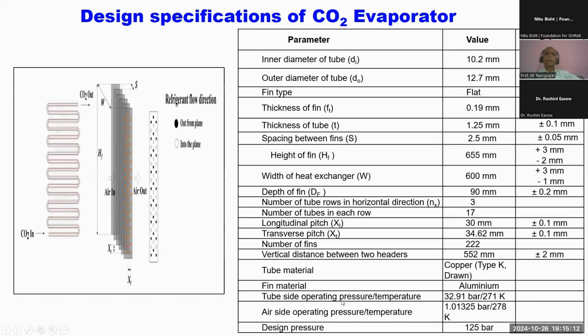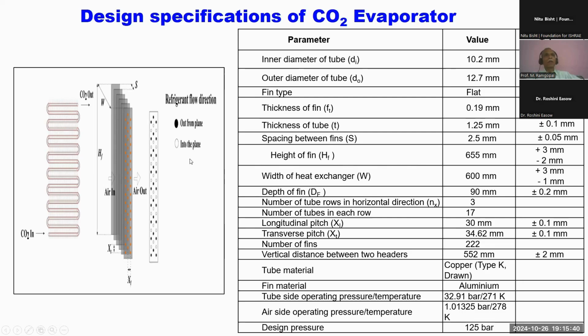And these are the specifications of the components. This is the carbon dioxide evaporator, a fin and tube type evaporator. Since the operating pressures are very high, we wanted to avoid joints. So this is a single inlet, single outlet type. For carbon dioxide, there are no distributors. Carbon dioxide enters through one tube and flows through the serpentine tubes, goes from one row to the other row, etc., and finally comes out